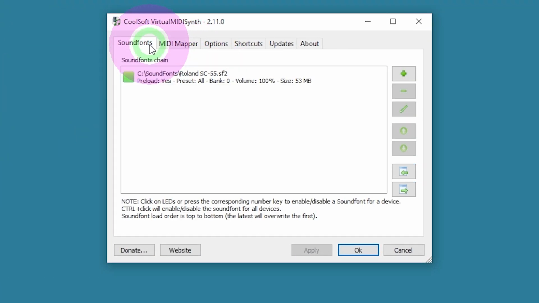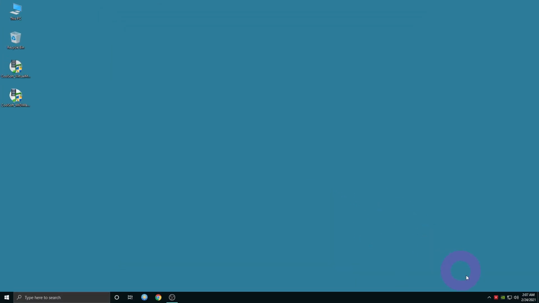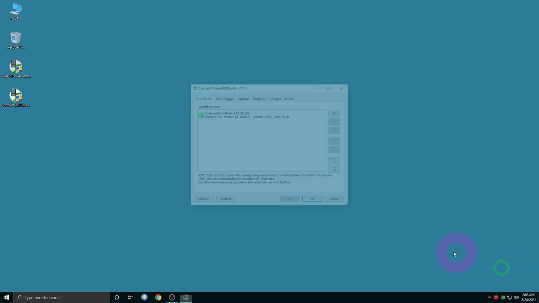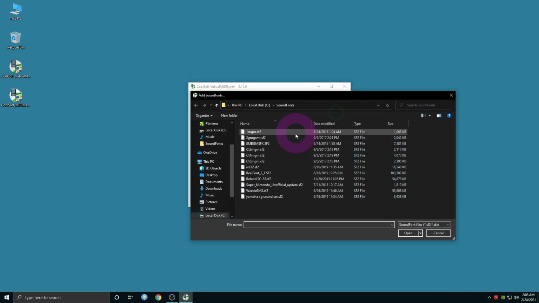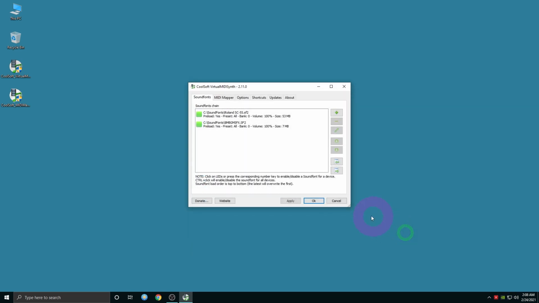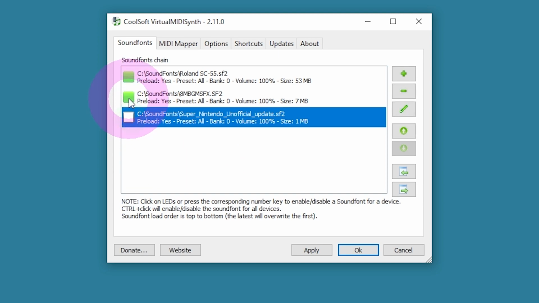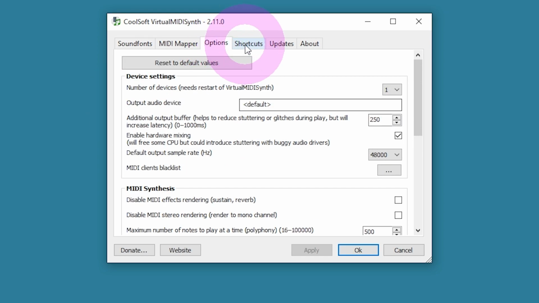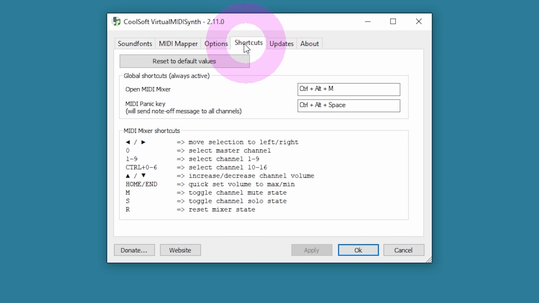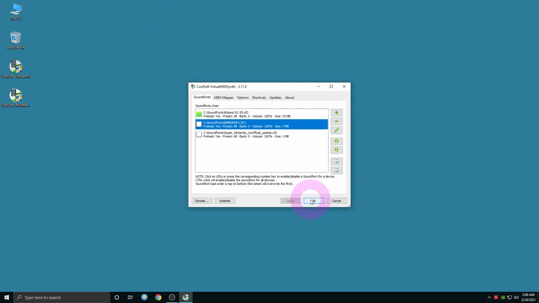Be sure that your sound font is enabled, indicated by the green box next to it, and hit OK. That's basically all we needed to do to make it all work, but if you want to add more sound fonts, just add them to the list the same way you did before. Just make sure not to enable all of them at the same time so they don't overlap. You can experiment with mixing different sound fonts and fiddling with Virtual MIDI Synth options later, but for now, let's just leave it as it is.